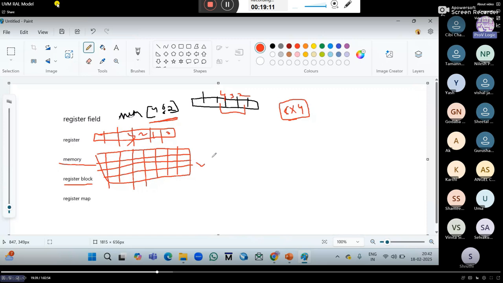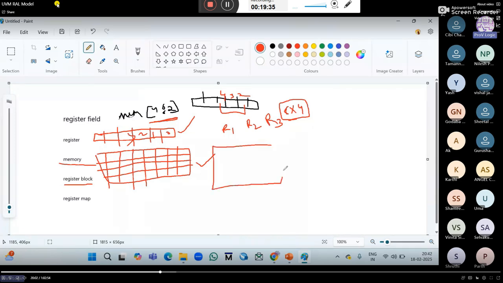Whatever the memory block is there, plus these fields, plus registers. Registers in the sense, I told you before in the instruction set there will be R1 register, R2 register, and R3 register. These are some general purpose registers. So in this register block, it will have register fields, this memory, and all these registers R1, R2, R3 combined.